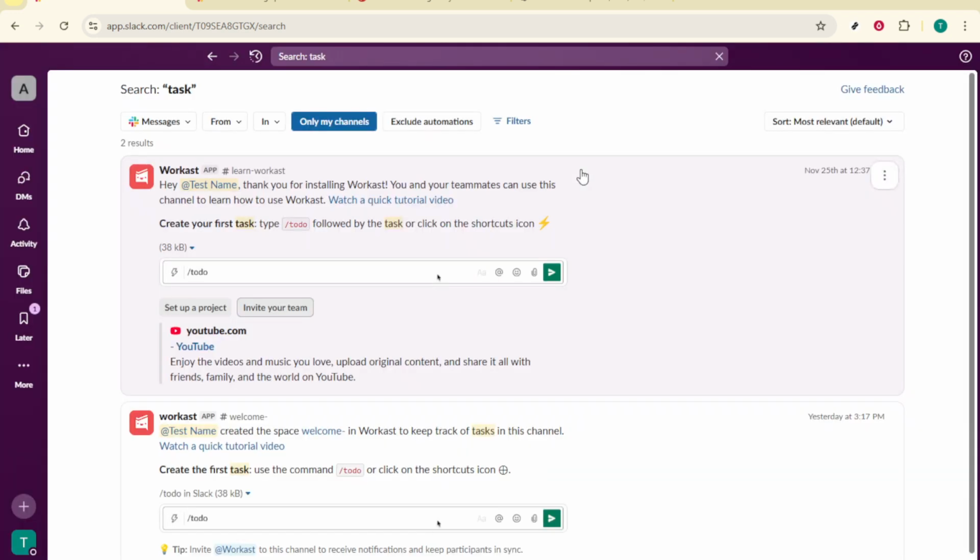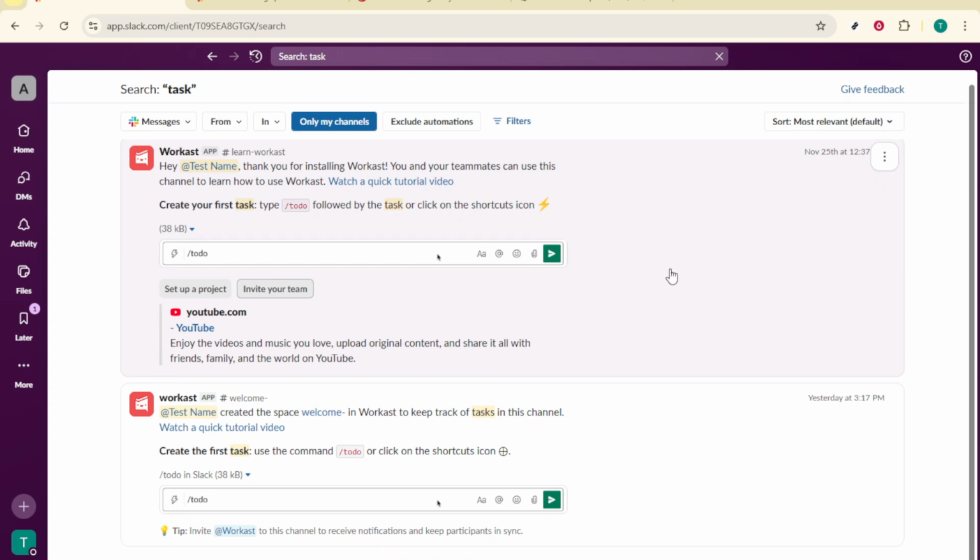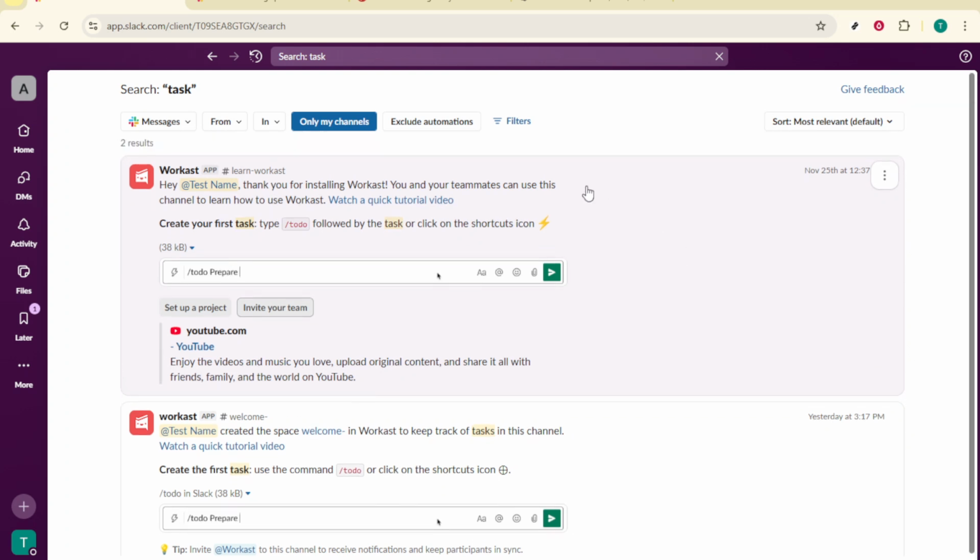For speed, rely on keyboard shortcuts. Press Command plus K on Mac or Control plus K on Windows and Linux to open the quick switcher. Start typing a person or channel, hit Enter, and jump there instantly. Once inside a channel or direct message, press Command plus F on Mac or Control plus F on Windows and Linux to search within that conversation only. This is great when you know the discussion happened in a specific place and you want to spot it fast